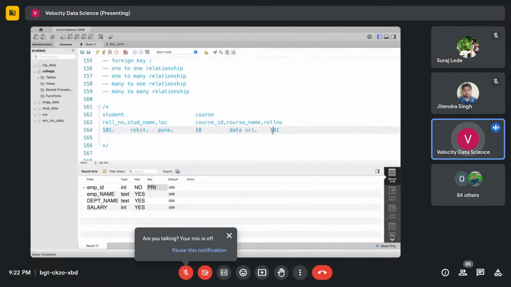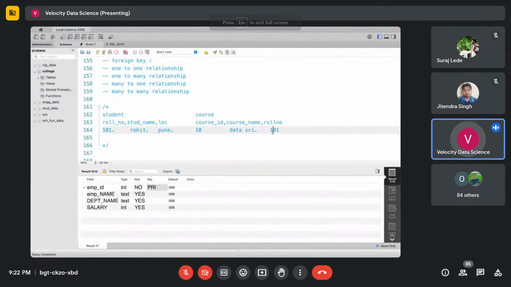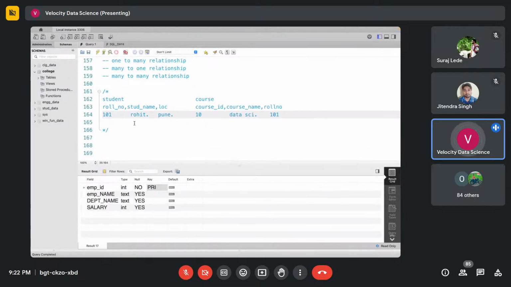So basically if I have to make a data set of your batch, I'll have to make sure that I'm adding only the students from your batch in this course table. जितने रोल नंबर्स यहाँ पे है इस स्टूडेंट टेबल में है, उतने ही रोल नंबर्स यहाँ कोर्स टेबल में जाने चाहिए. And to make sure of that, we have to define this roll number as the primary key of this table,